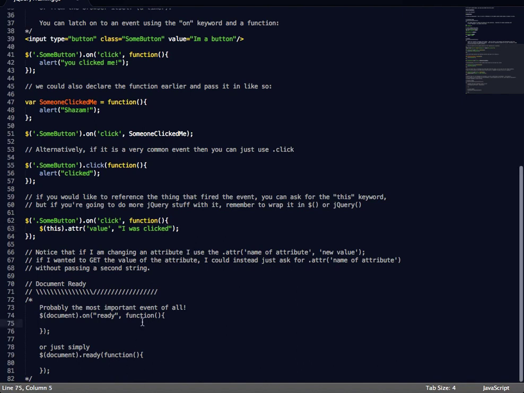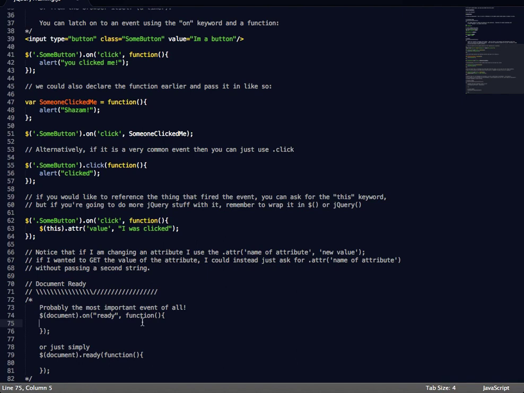So finally, I'll give you a quick demo of what you can do with some really simple jQuery, and then we'll call it a day. But before I do that, I just want to talk about the most important event around. You only usually use it once per page, but it's super important, and that's the ready event. Ready is an event that is fired when everything inside of that piece of HTML is done loading. There's no more to do. It's good to go, and we usually latch on to it with the document. So here, $(document).ready